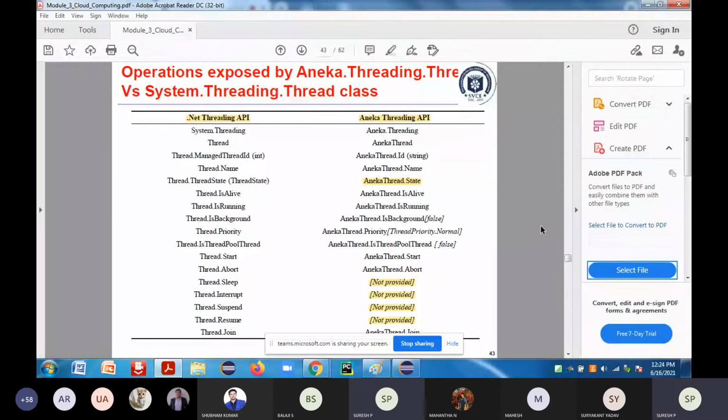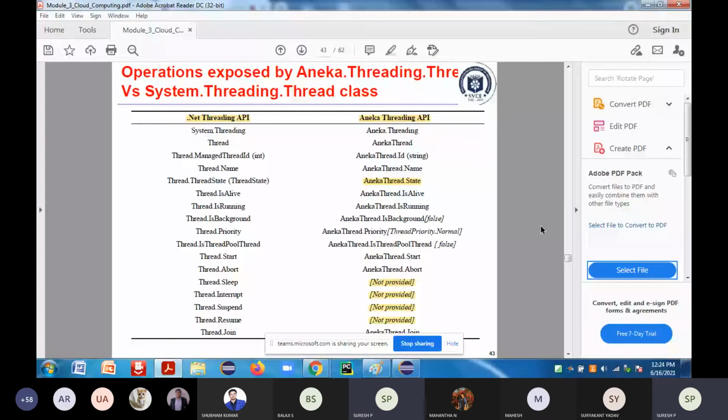Can anyone tell the answer? Since I have told already, if you are going with a thread to run in a different node, in a different distributed application, what are the problems you are going to face? Since it is the cloud, if I want to run the thread, I have to purchase the infrastructure. So if I want to purchase the infrastructure, I need money.